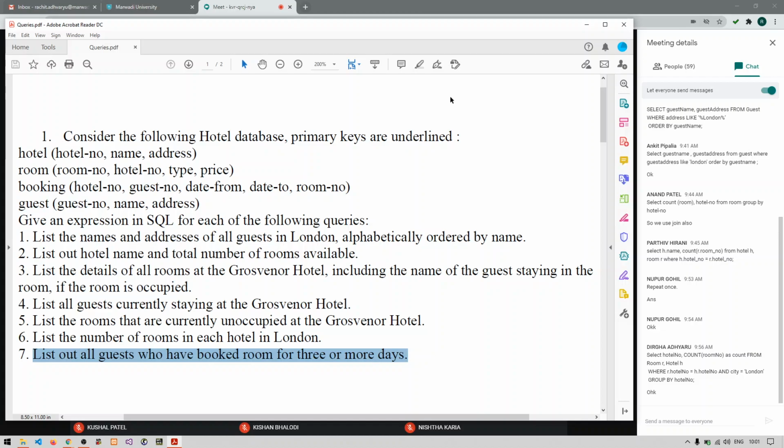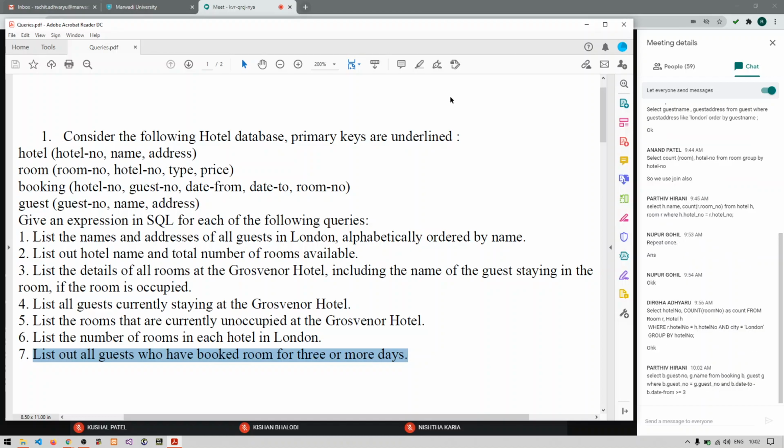So you can write down the answer of this like: select G.name from guest G, booking B where B.guest_number equals G.guest_number, and in brackets you need to write B.date_to minus B.date_from is greater than or equals to 3.